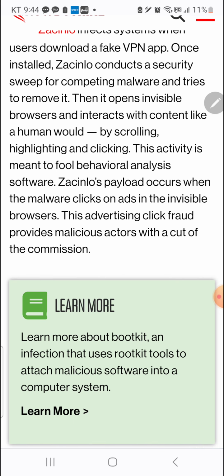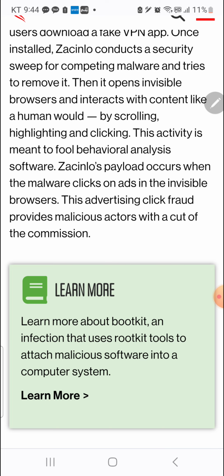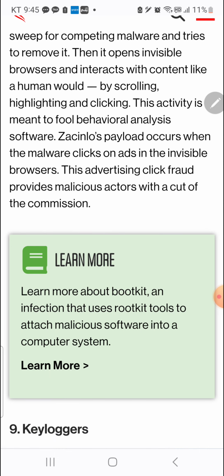This activity is meant to fool behavioral analysis software. The Chinlo's payload occurs when the malware clicks on ads in the invisible browsers. This advertising click fraud provides malicious actors with a cut of the commission.